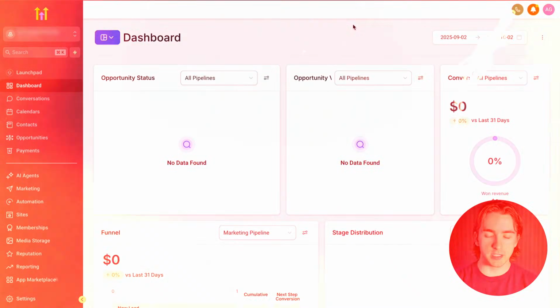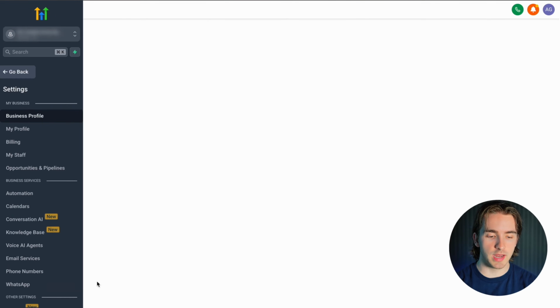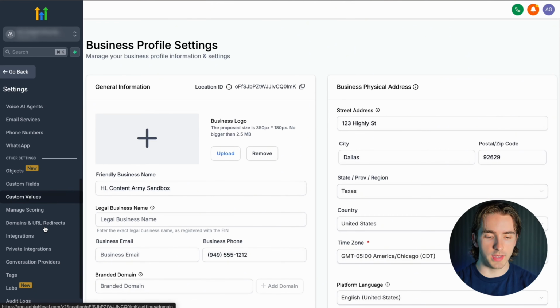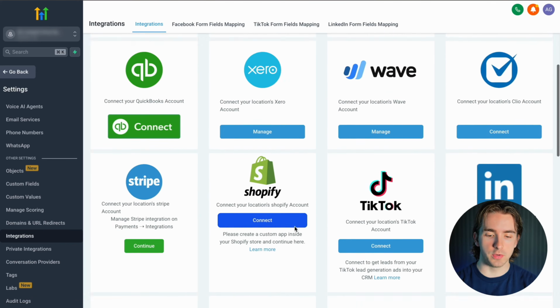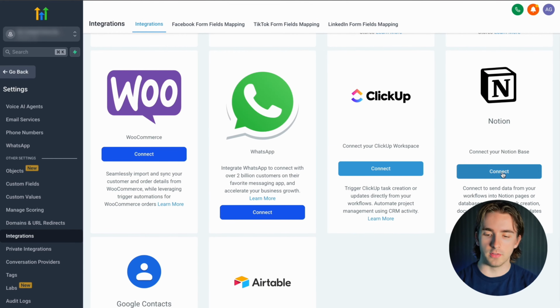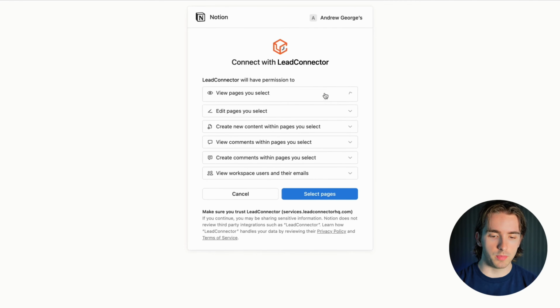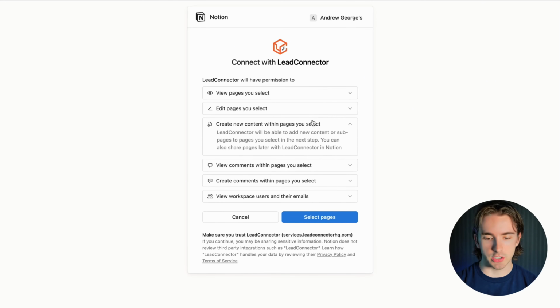Let's dive right in. To get started, this integration will be first set up from the settings screen by going to settings and then navigating to integrations. And then from here, if we scroll down, we'll be able to see our Notion integration here. All we have to do is click connect, and then this is going to start the Notion connection process. Once we get here, we'll simply need to see all the different permissions that we are giving HighLevel/lead connector,